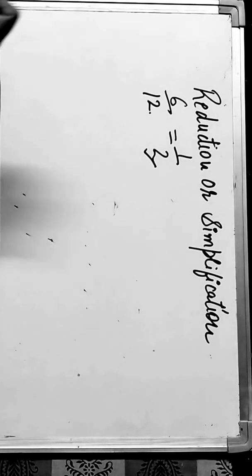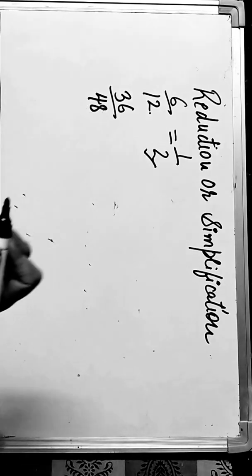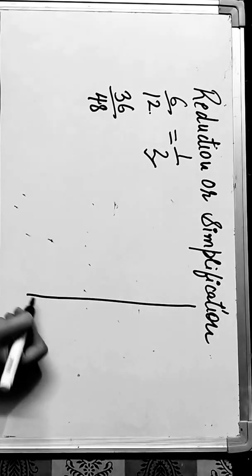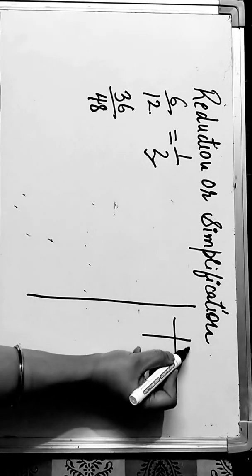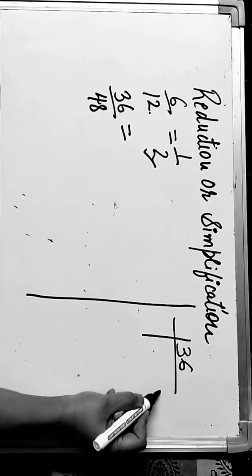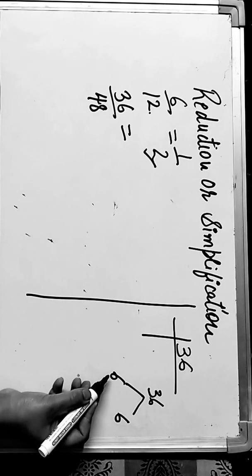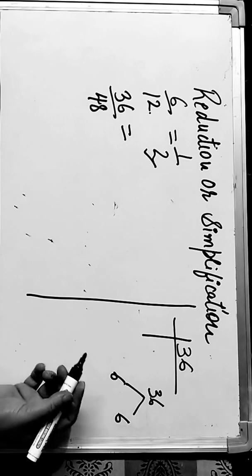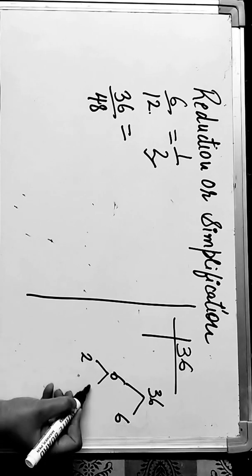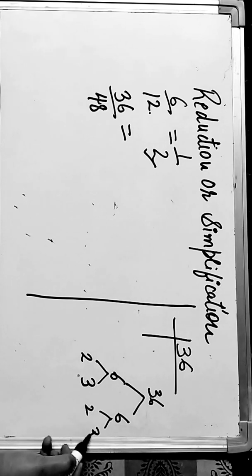But if we have to solve it for a bigger number like 36 on 48, how will you solve it? To solve it, we have a way out. We need to make the factors of 36. We can simply say 36 is 6 times 6, but 6 is a composite number. The numbers which have more than 2 factors are composite numbers. We have to reach prime numbers. So 2 and 3, 2 3s are 6, and here also 2 3s are 6.